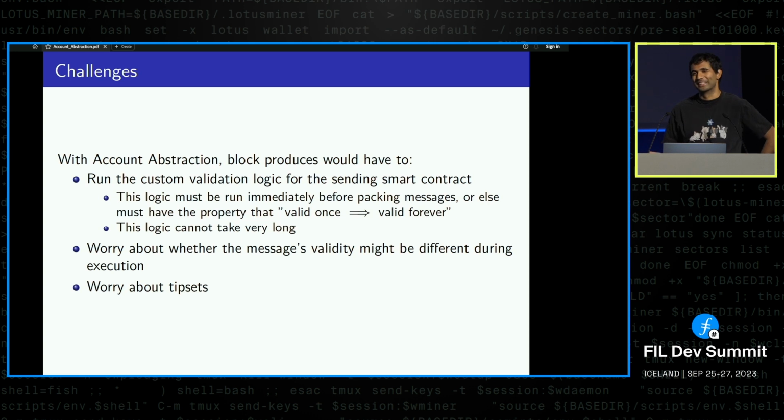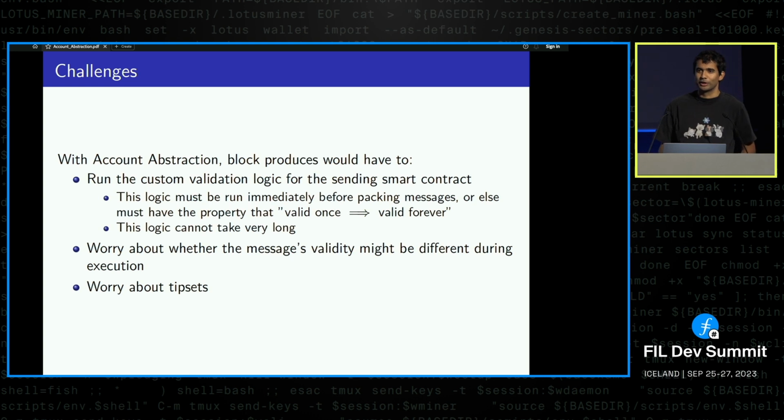Well, and this is where things get tricky, right? We don't include messages that are invalidly signed. But that's not the whole validation. It's already false that valid once means valid forever. There's no change here. It's already false because nonces change. So your validation depends on the prior state today. Tipsets can cause the prior state to change, and so a miner can include a message that is invalid, and they get dinged for it, and there's nothing they can do about it. Ish. A miner cannot produce a block that includes a message with an invalid nonce today.